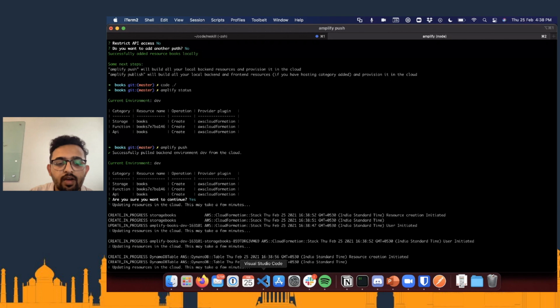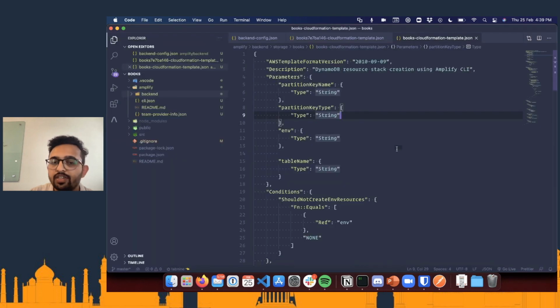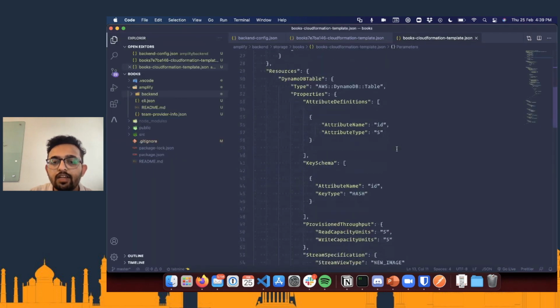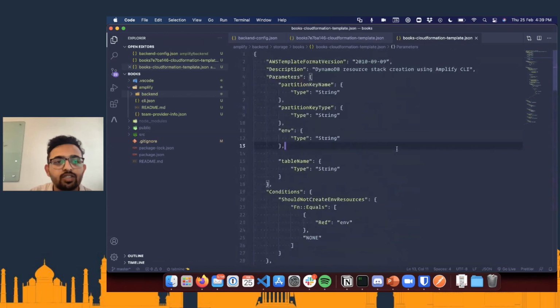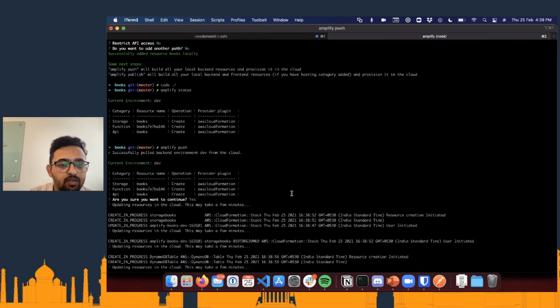This is why I mentioned earlier that infrastructure as code is really helpful and useful, because now we have created a dev environment. Tomorrow we want to create a prod environment, a staging environment. It's just a matter of passing a different environment variable, a different stage variable, and it is going to create everything, making a complete replica of our stack.